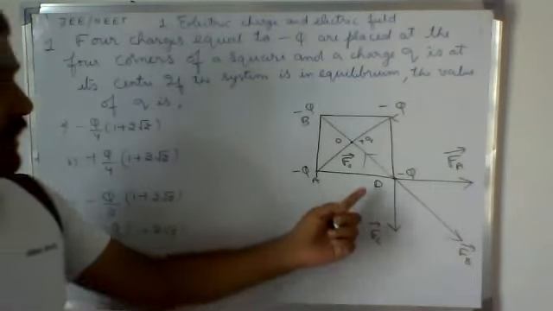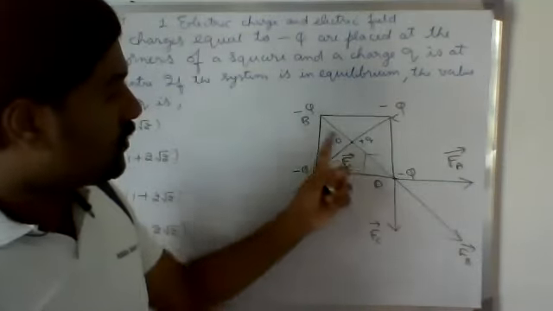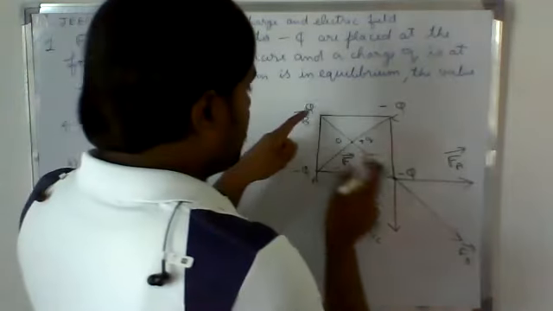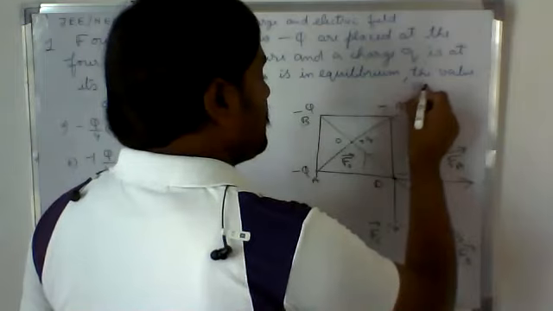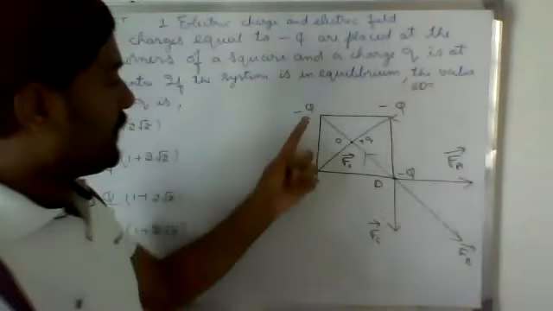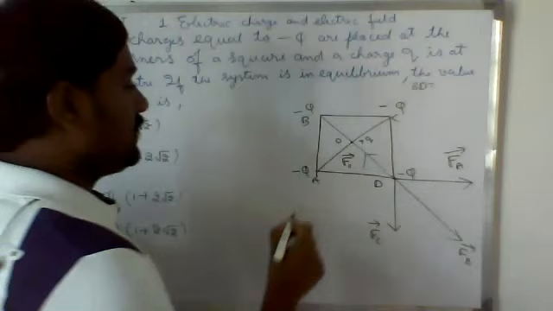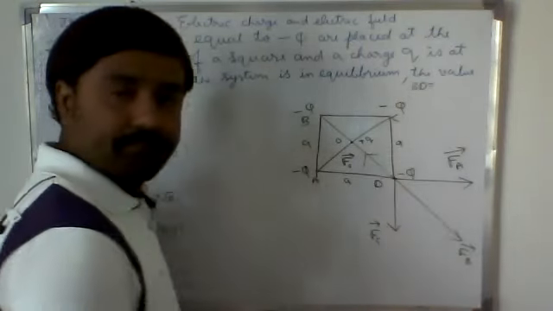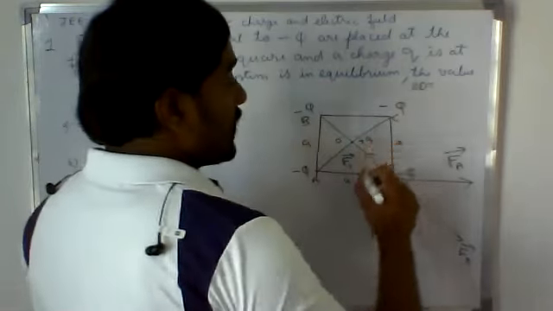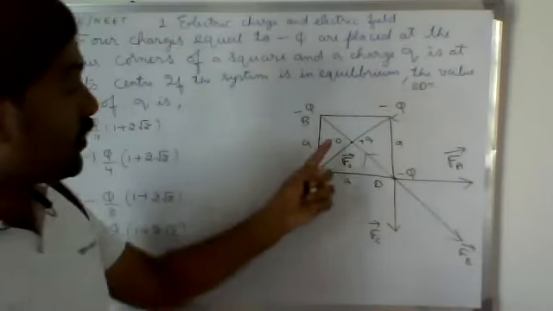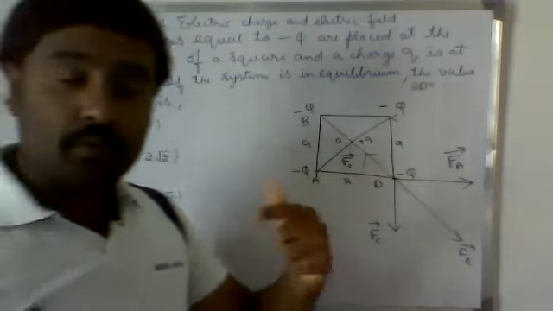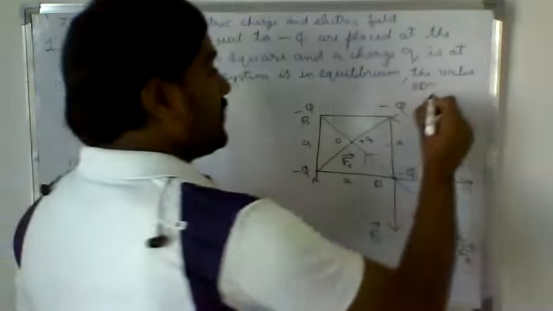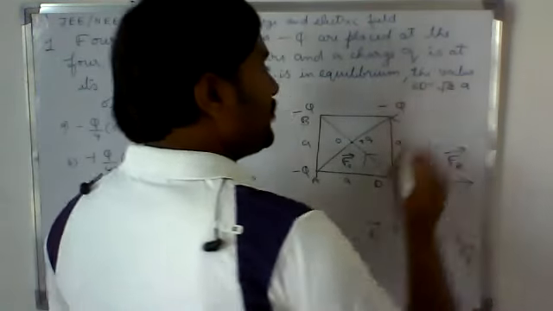Okay. So we have to mark all the forces neatly like this. After that, calculate the distance B to D. What is B to D? Actually, let us consider the side of the square as a. For BD, apply the Pythagoras theorem: root of a square plus a square, root 2a square, is root 2 a. Correct? So BD is root 2 into a.